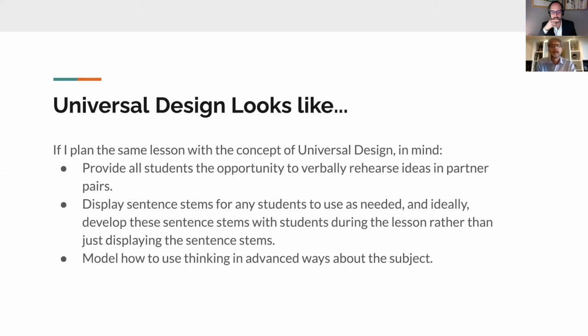And then finally, I would model advanced thinking. I wouldn't presuppose only certain students are ready for that kind of advanced thinking. I would model that perhaps throughout the lesson to have them think in advanced ways about the subject. I often think of this part of the lesson as what do people in the quote unquote real world do? So when I teach writing, it's what do real writers do? One thing real writers do is they use mentor text. So I often talk about mentor text and model text with all my students that I'm working with, whether they're preschoolers or university students. And I think perhaps I'll tell a very short story about the difference between the two